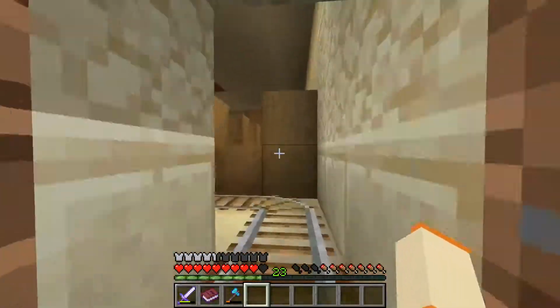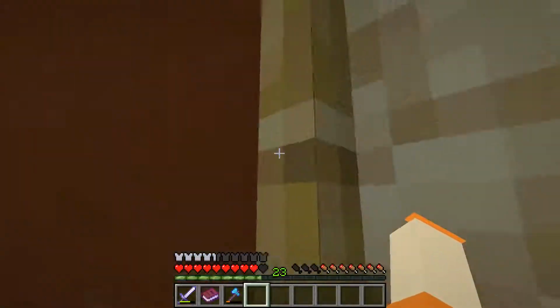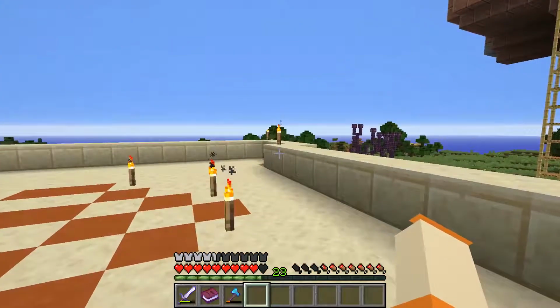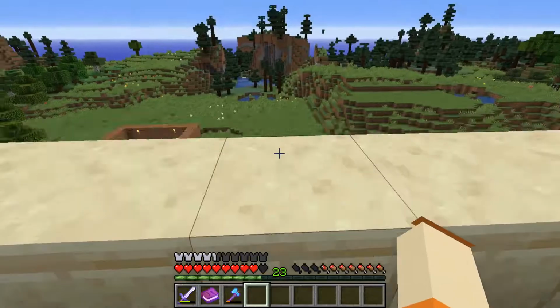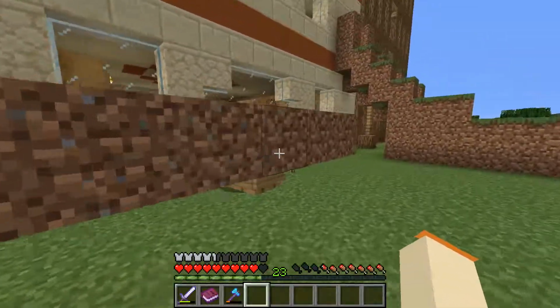But if we come back up here and we go over here, you can see we have a roof up here, which I'm actually debating whether to make a 3rd floor. And I'm thinking if I do make this a 3rd floor, I might try and